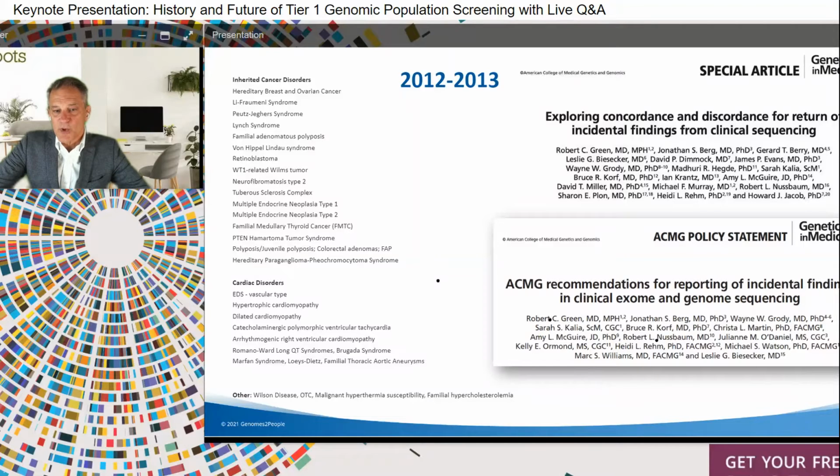And the notion here was almost super simplistic. If you're getting a genome for any reason, what would we also like to look for? What could we not sleep at night if we didn't tell you about? And it became clear through our conversations that we might disagree on a few of the edge cases, but we all agreed that if there was a chance to look for a BRCA1 or an FH or any of these 56 genes, we really ought to look for them. And that launched in 2013.